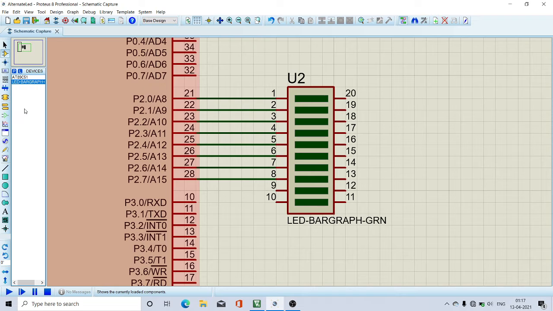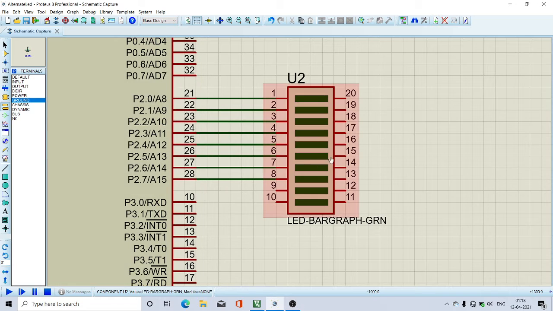Now I will go to terminals mode. I will select the ground and place it here, and I will connect the other terminals to the ground.